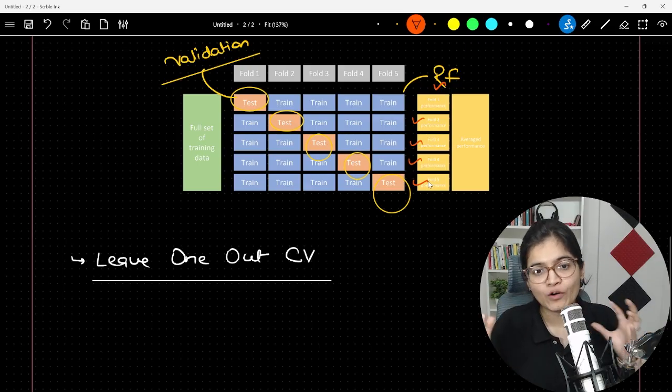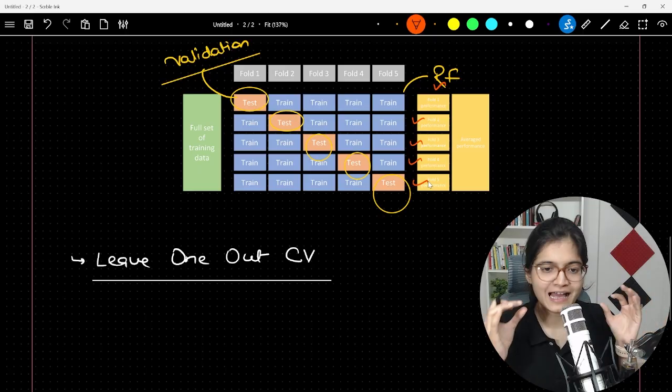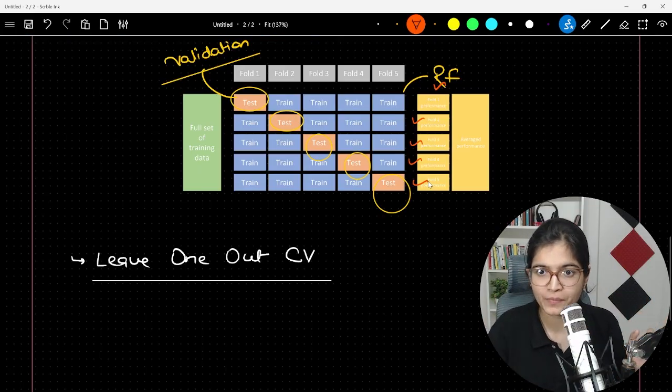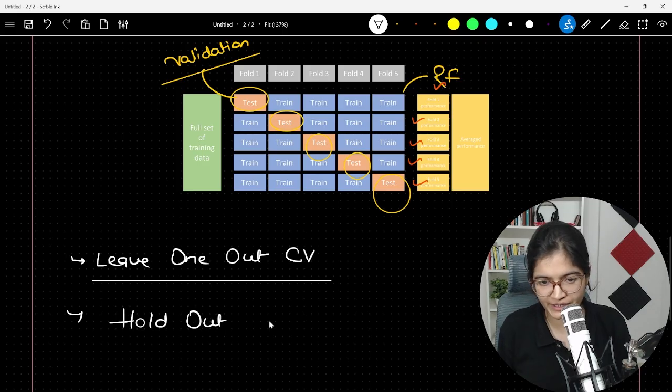That's a part of leave one out cross-validation, where we have a number of samples and we're just putting one out of that. That's why it's called leave one out. In the second part of the cross-validation techniques, another technique that we have is hold out cross-validation,